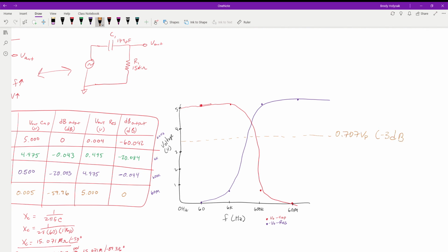We could also show these in dB form instead of using the volts, and that would create more of a linear scale for us. We could also plug this into Excel or something and create a chart, which I will do later and post by itself to show you, or maybe I'll tag it to the end of the notes. Either way, you'll still have that, because I know this isn't quite drawn to scale. Where these two cross, they should actually be on this line. I didn't draw this graph very close to scale.